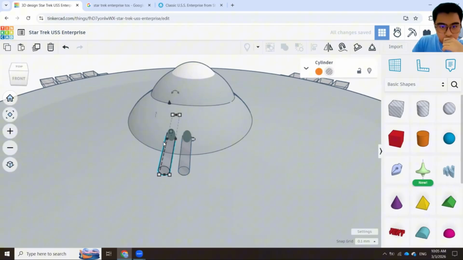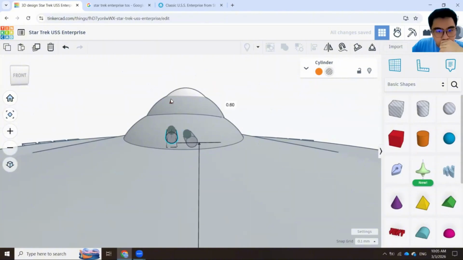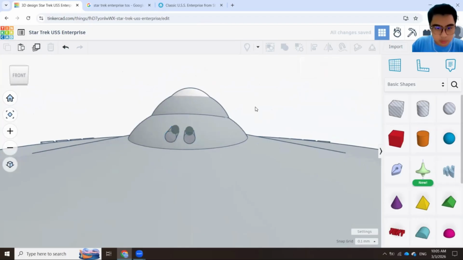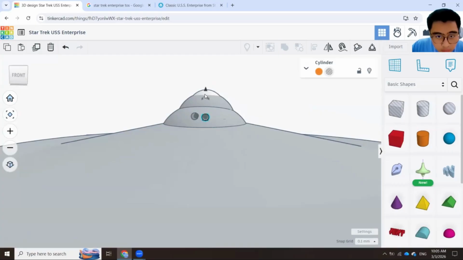Move it here. I'm going to drag this one a bit on top. Okay, move it to the side here. Same goes for here, side. I have to make sure it's just perfectly nice. Yeah, I'm going to drag this bit. No, maintain it like that. Okay, I'm going to move this one just a bit.